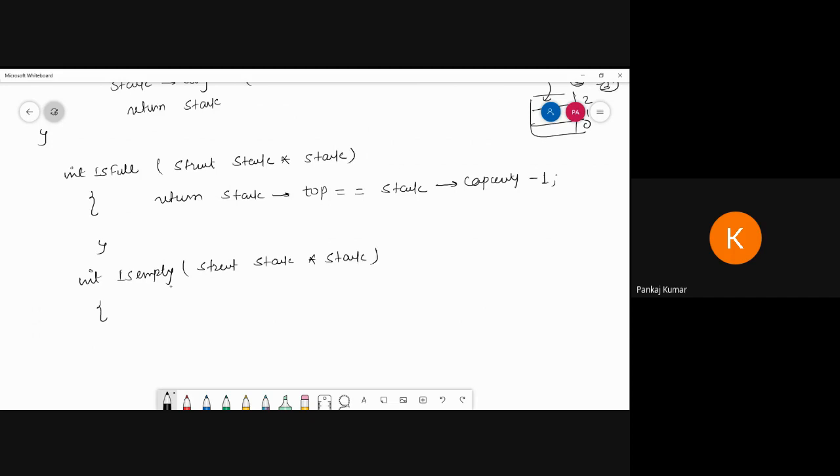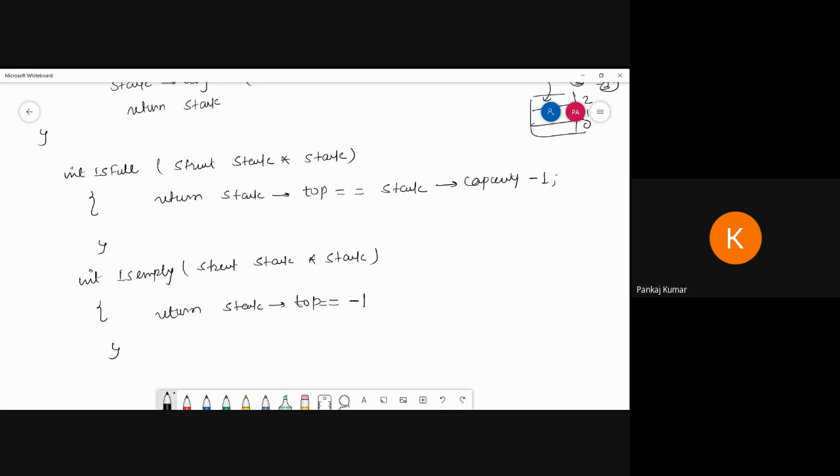Now what happens? It can return whether stack top is minus 1. If it is minus 1, then it is empty. So this is the empty check.